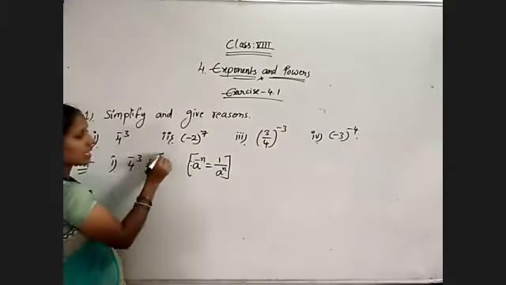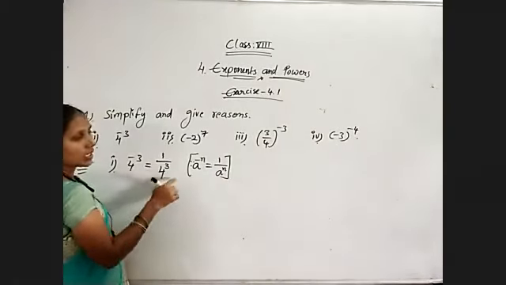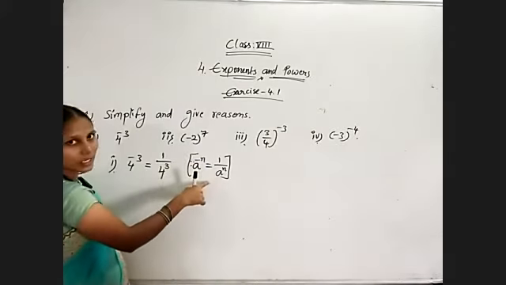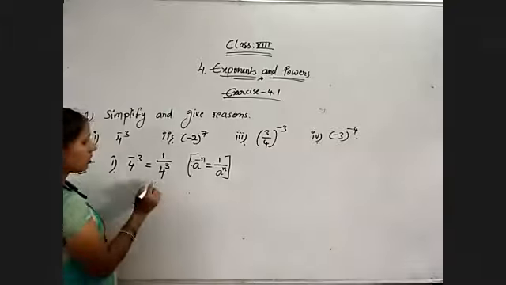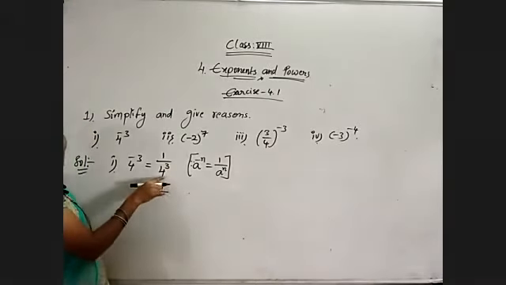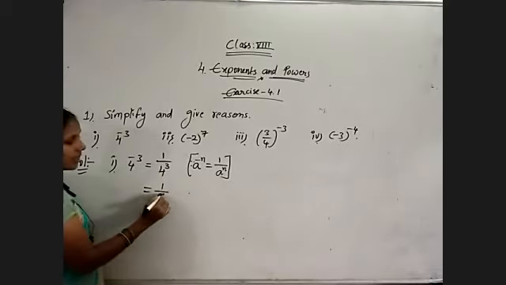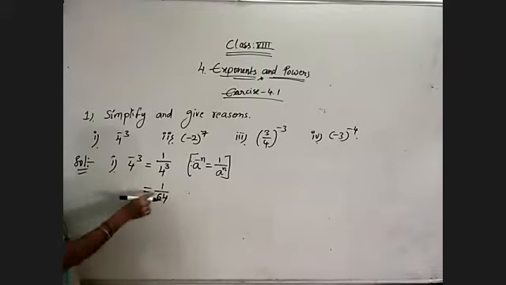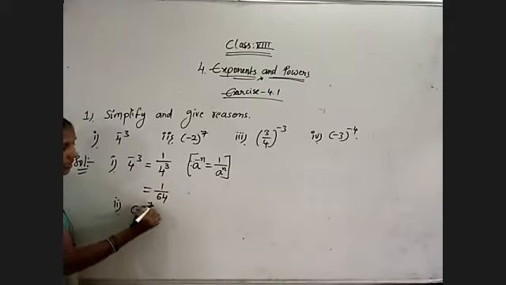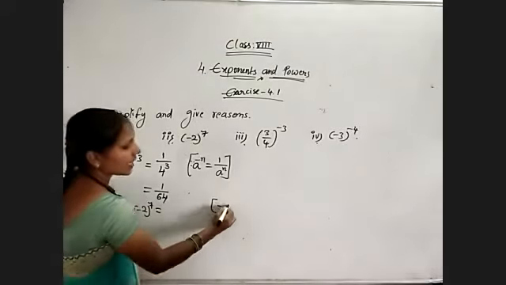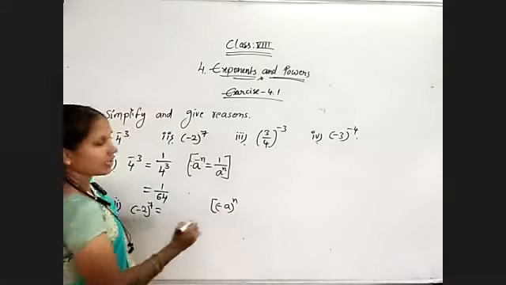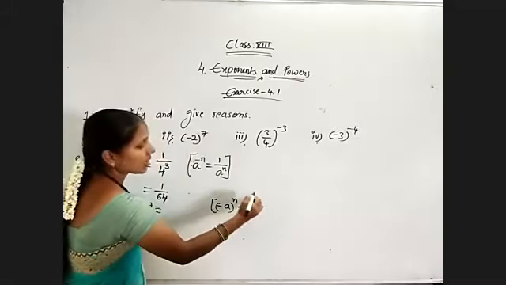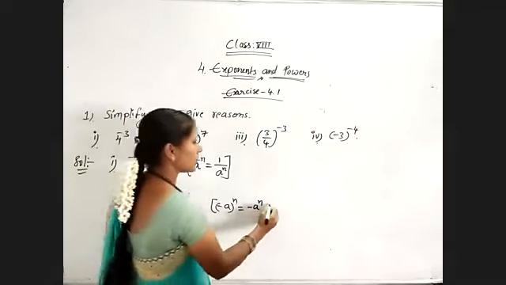That means 4 power minus 3 is 1 by 4 power 3, because a power minus n is equal to 1 by a to the power of n. This is the reason. Now 1 by 4 cube, 4 is a smaller number. 4 cube is also a very small number. 4 4s are 16. 16 4s are 64. 1 by 64 is my answer. And see, if it is a simple number, then expand. Otherwise, no need. Okay. Then coming to the second question, minus 2 to the power of 7. This is in which form? Just observe. Minus a to the power of n form is equal to minus a power n when n is odd.